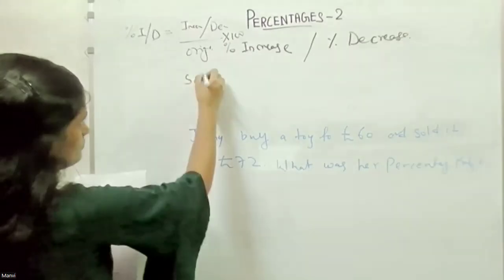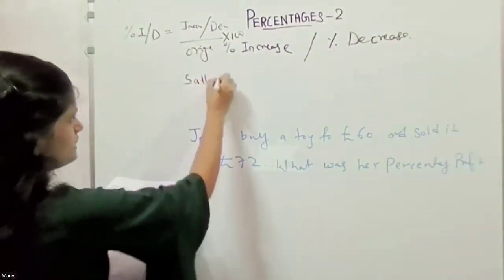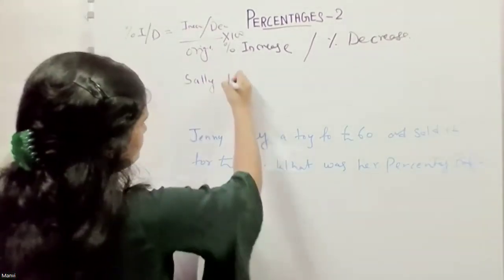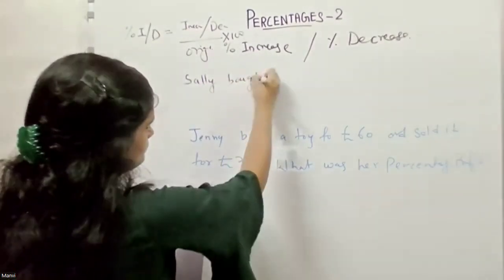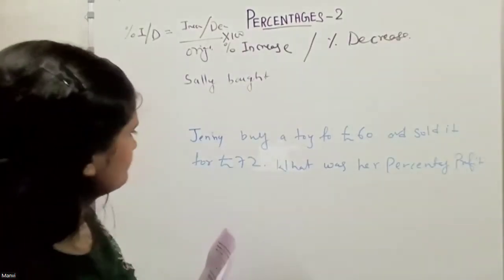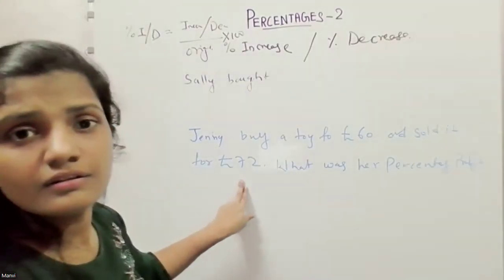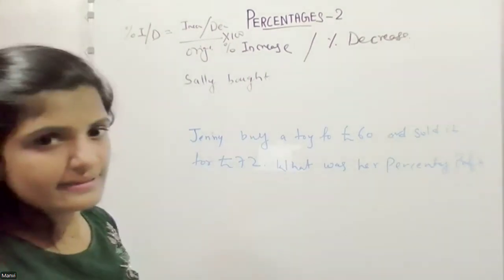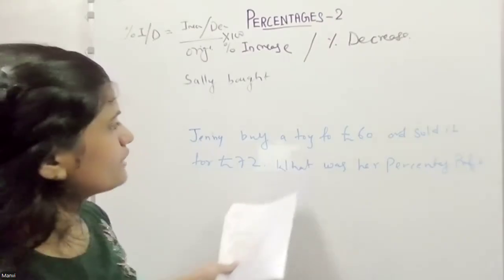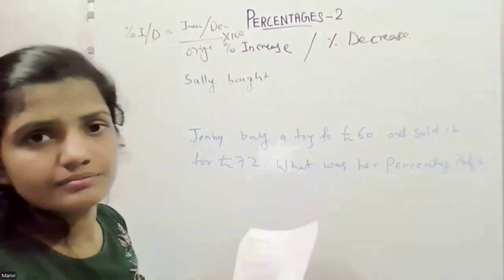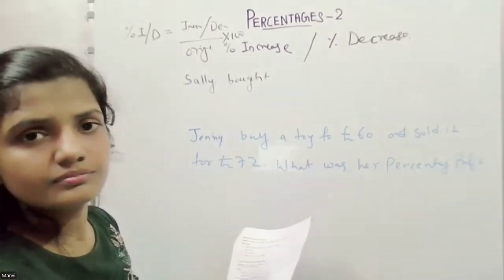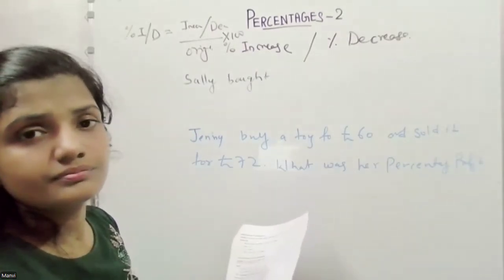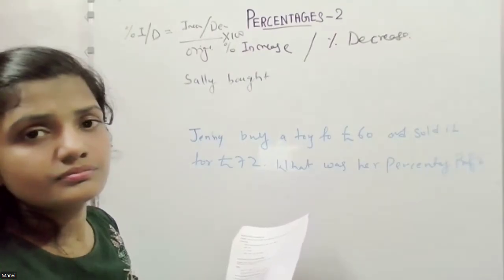Can you help a bit? Yes, please let me know where you need help. I need help. I got 1 by 6 times of 100. I don't know how to... I got 1 by 6 times of 100. What amount do you get? What amount of profit did he have?